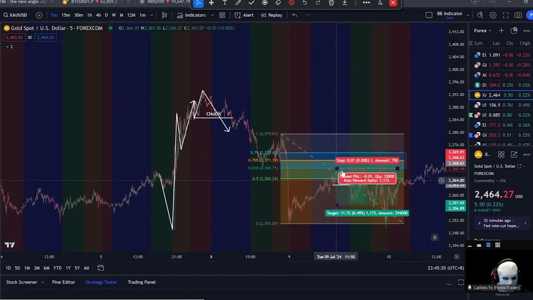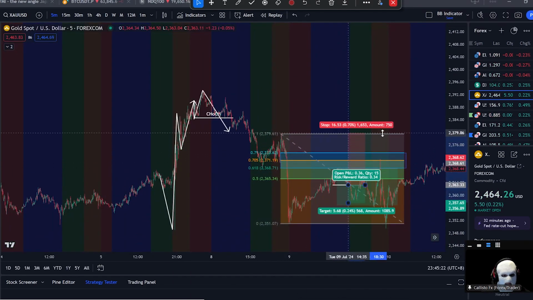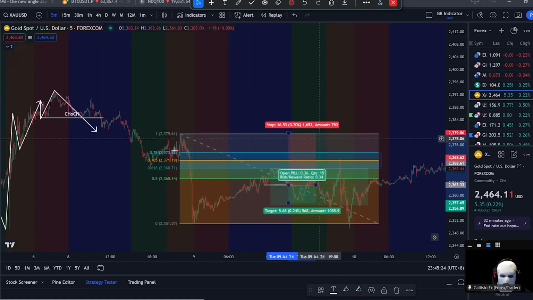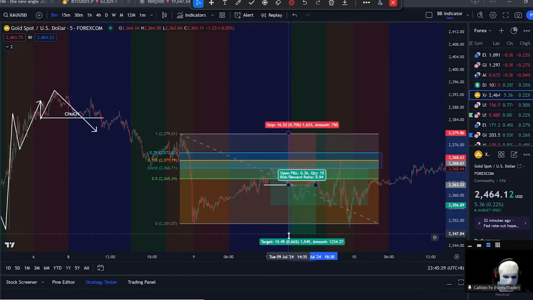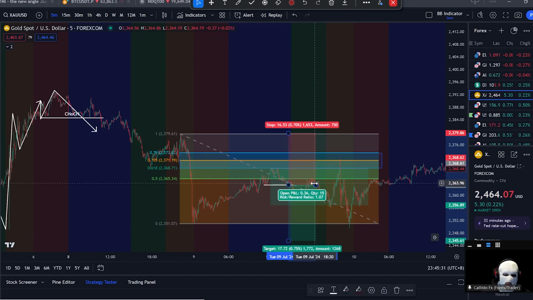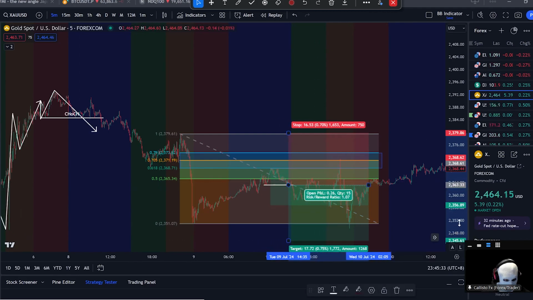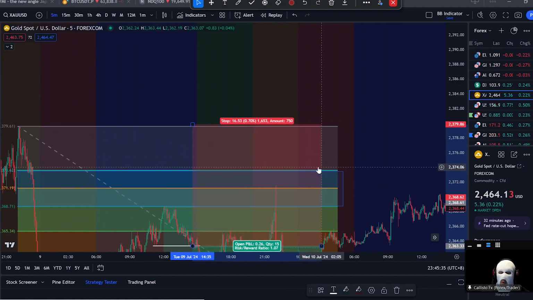Stop loss, once again, above this high. Now this is gold, huh? If you want to have such a large stop loss, this is something that you can use. Target a 1:1. And in this case here, you wouldn't have been able to capture a 1:1. But given how volatile it is,